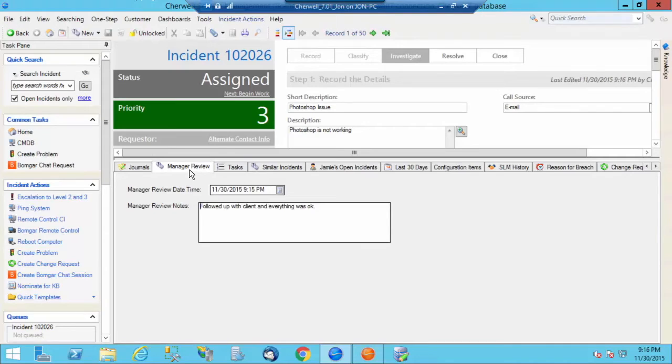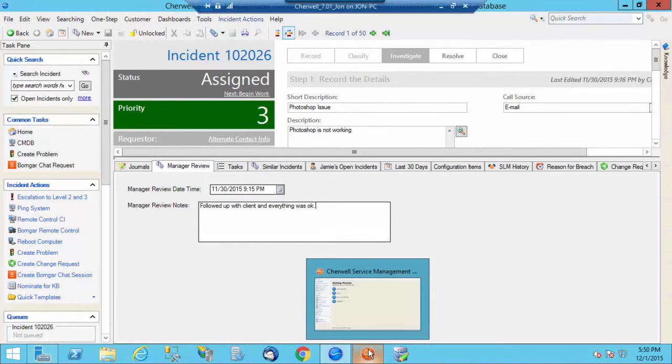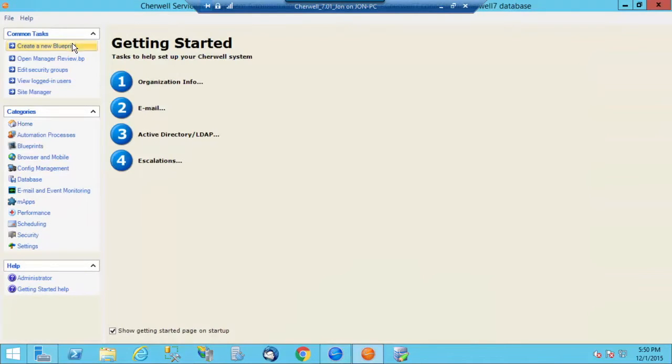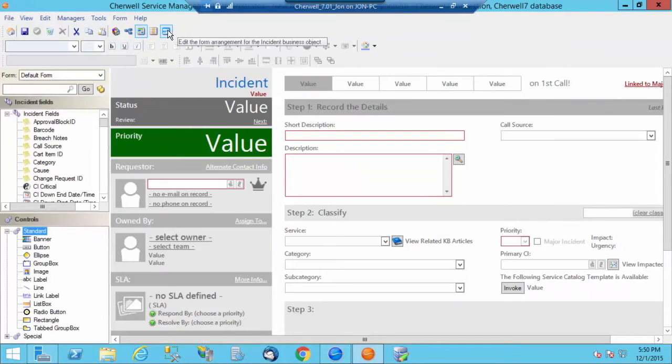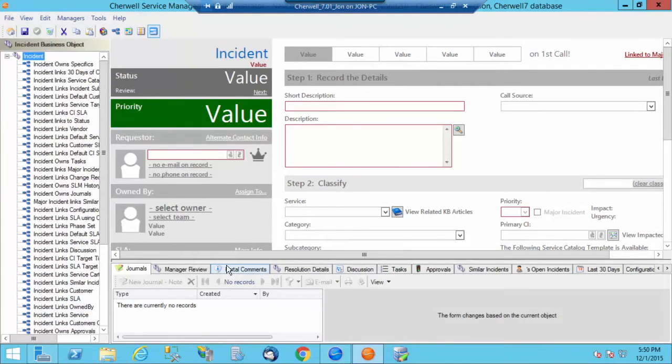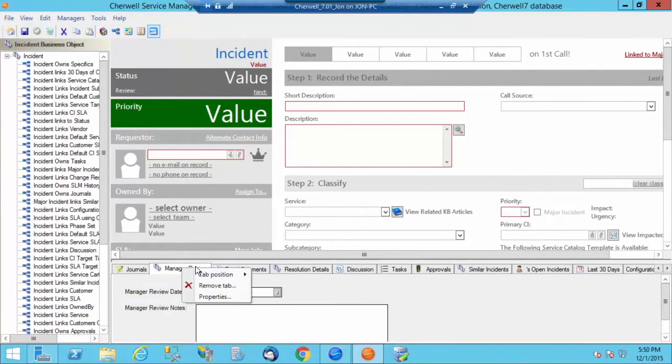But you may not want to have your service desk to be able to see this tab. So I'm going to log into the Orange client, and I'm going to create a new blueprint. I'm going to select Incident as my major business object again. I'm not going to edit the form, it's the form arrangement, because I want to control the visibility on the Manager Review tab. Right-click, select Properties,